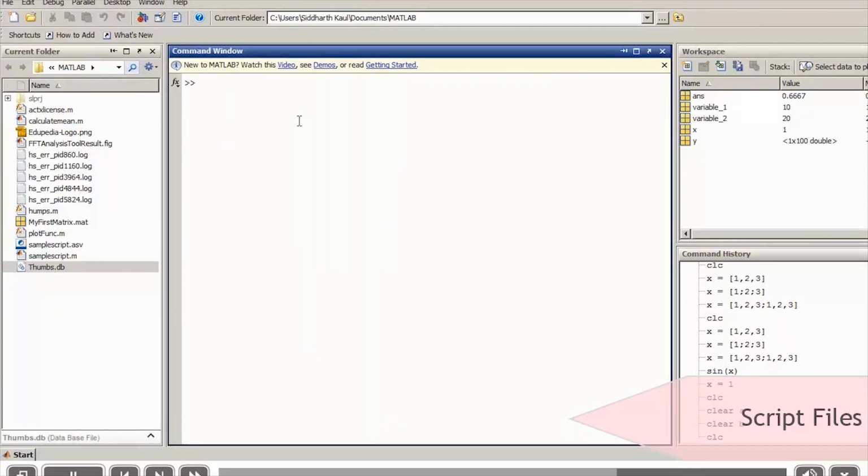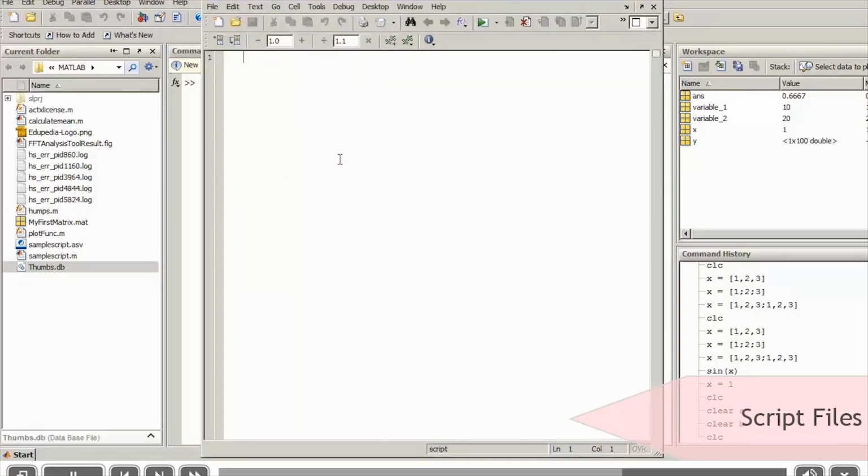Whatever command we run in the command window can also be executed through script files in MATLAB. Whatever we type in the command window can be done through a script. So what I'm going to do is open a new script. I'm going to comment that, give a variable a a value of 10, define a variable b of 15, perform addition, then subtraction, and then division.